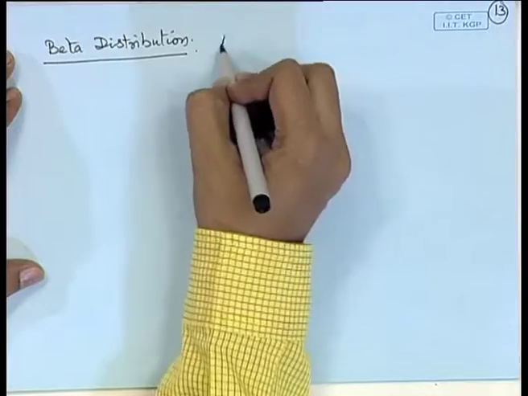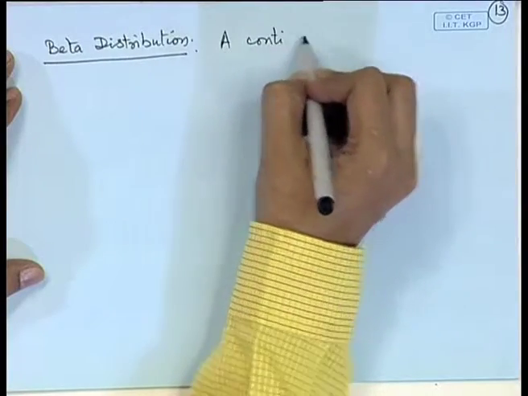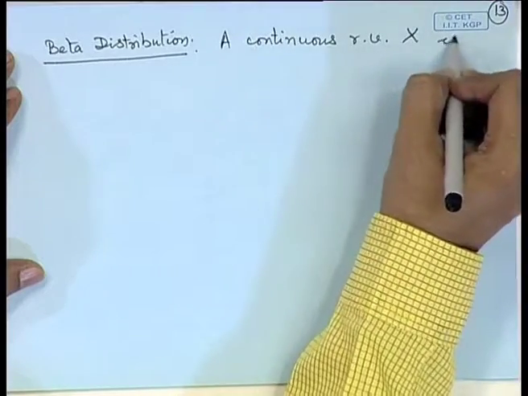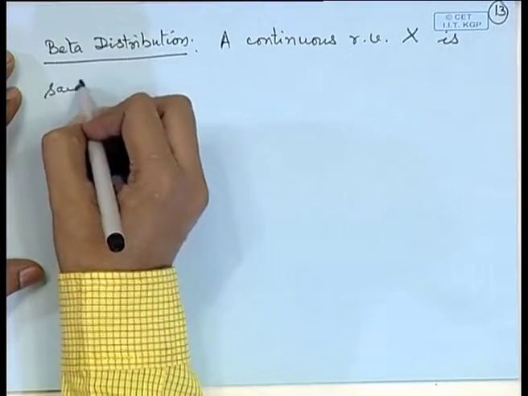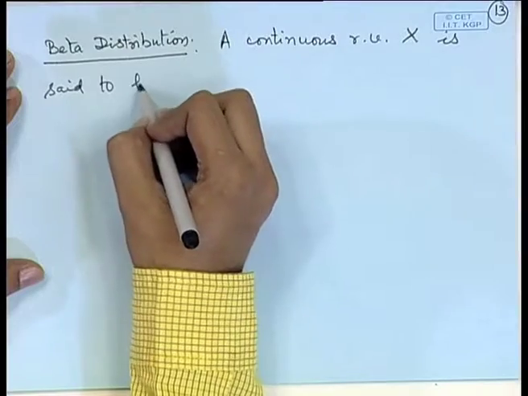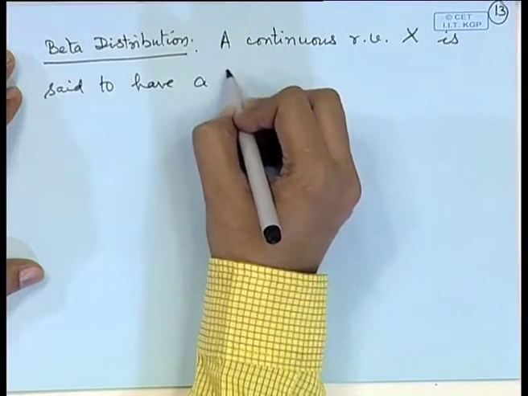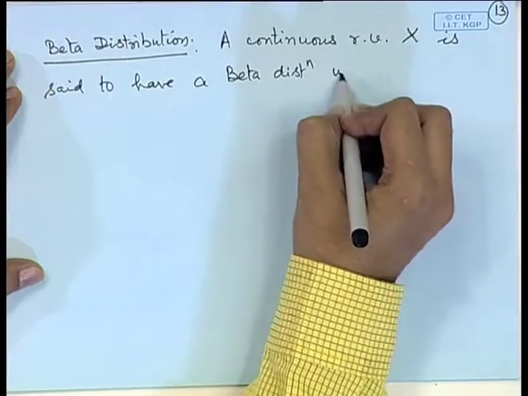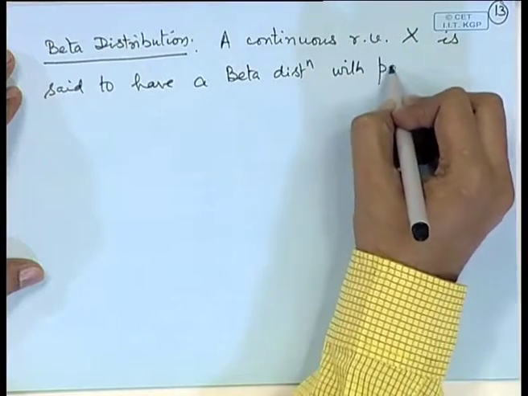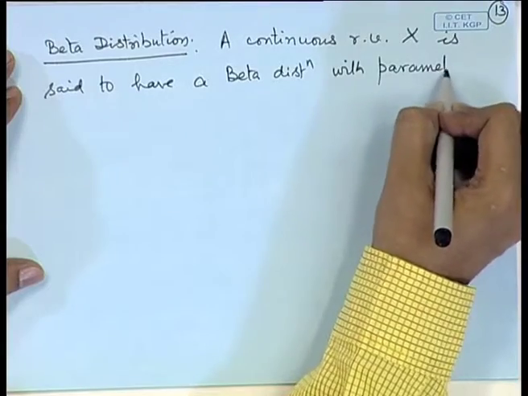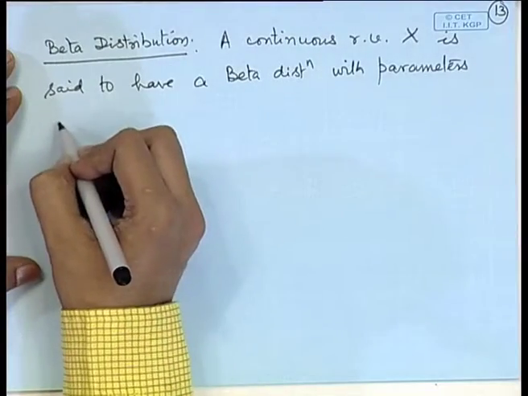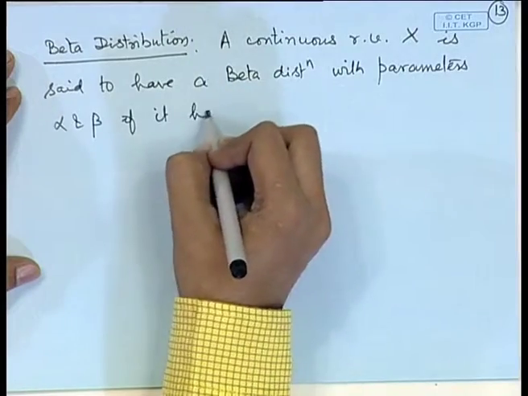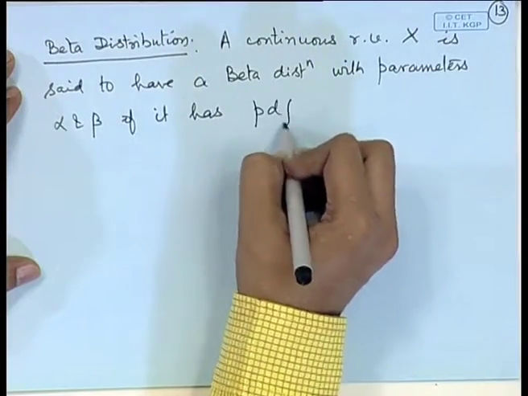A continuous random variable X is said to have a beta distribution with parameters, say, alpha and beta, if it has the probability density function given by